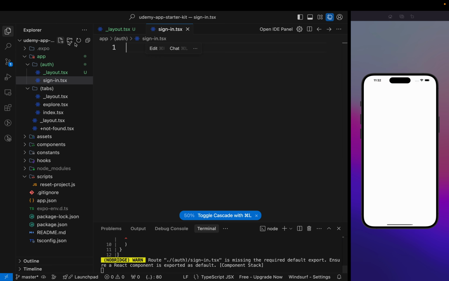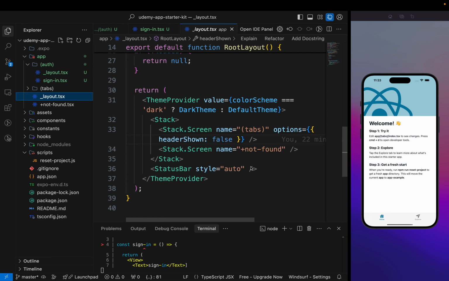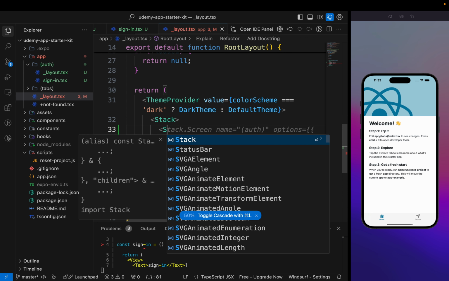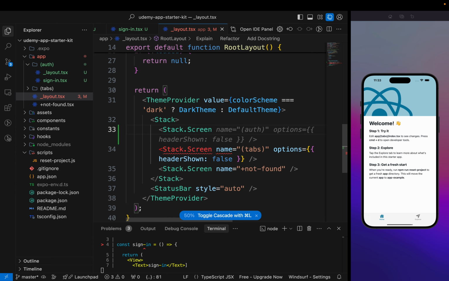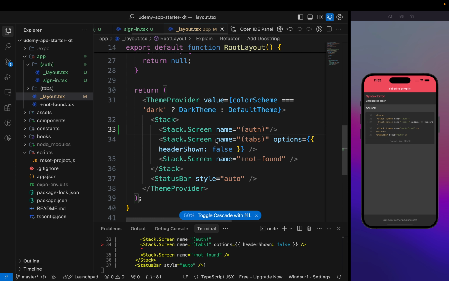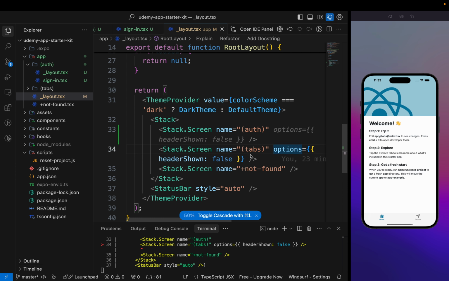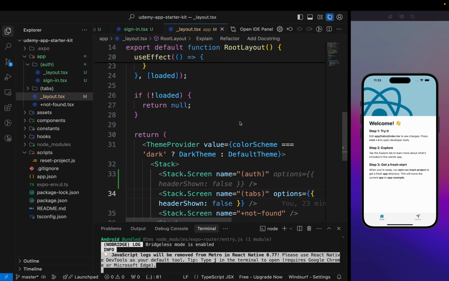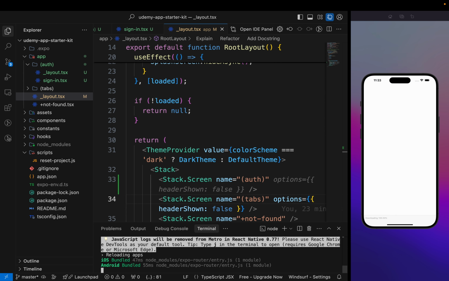After that we have to go inside the root layout file. Okay, let's go to the root layout file, and inside this we have to add our directory path, basically with stack.screen, just like this, and define the name. The name is auth. After that, it's totally up to us whether we want to define headers as false or not. Okay, so after that, if you reload this app, we are not getting